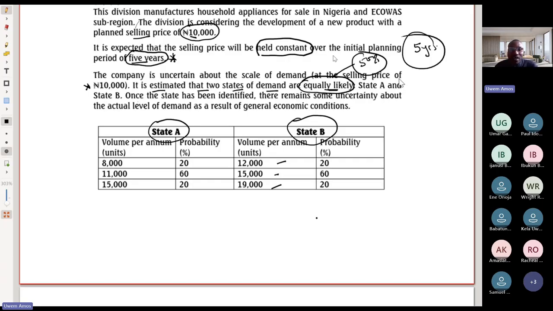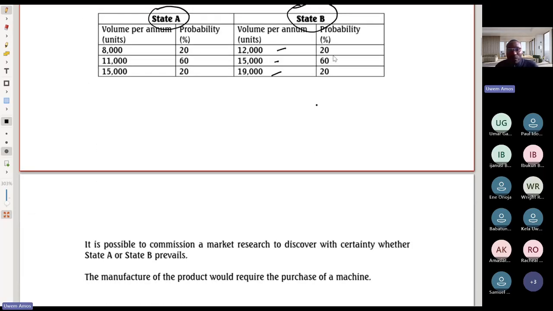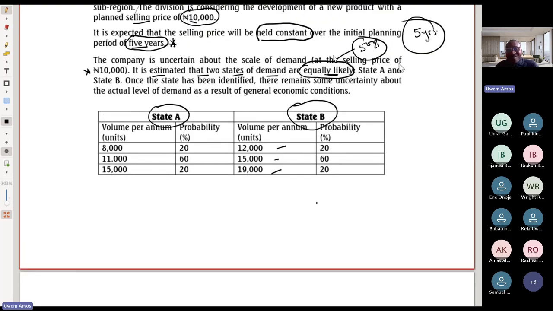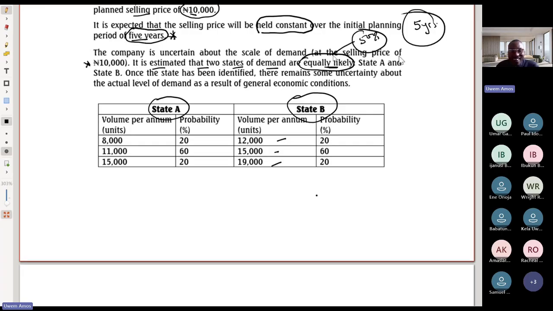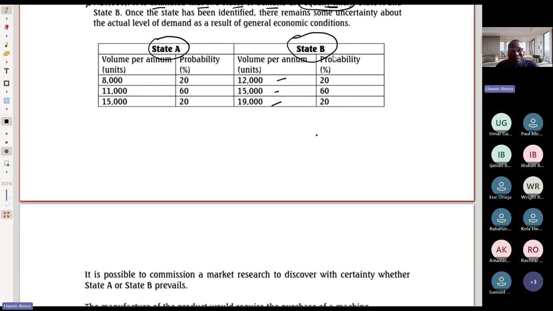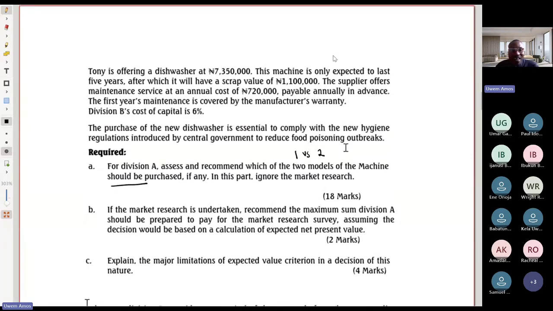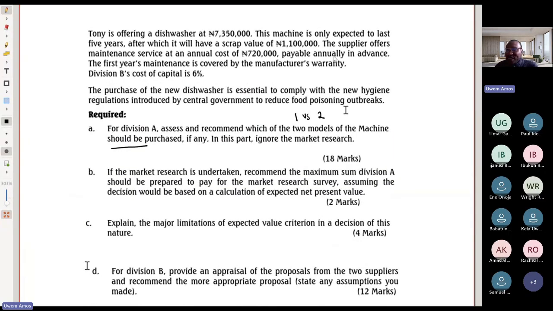So the demand could be either state A or state B. And they gave us the probability of each of those volumes actually occurring. So we looked at that part. We quickly solved the A part, which was to assess which of the 2 models of the machine should be